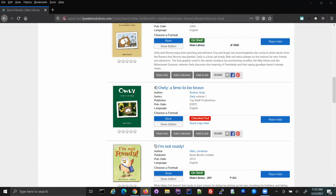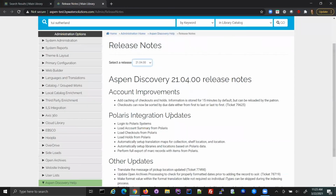All right. Any other questions, comments? Cool. Moving on. So the other big thing that we've done is Polaris integration has started. This is fairly basic functionality to start with, but it's going to keep moving at a fairly rapid pace. So right now we're able to